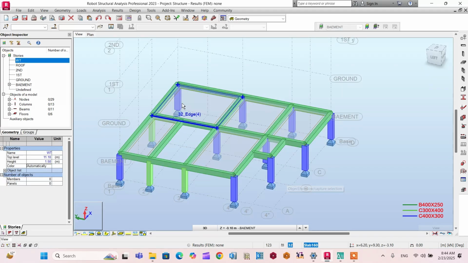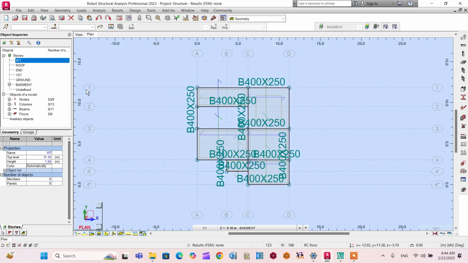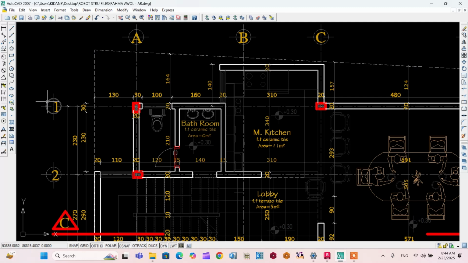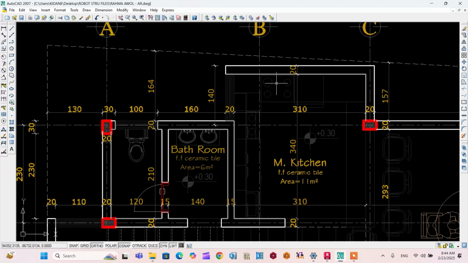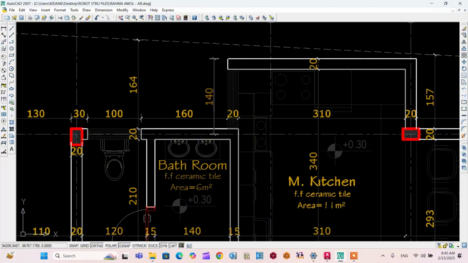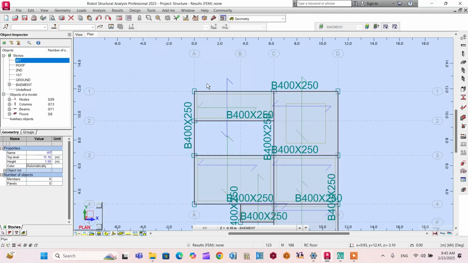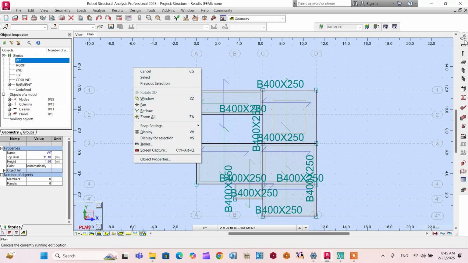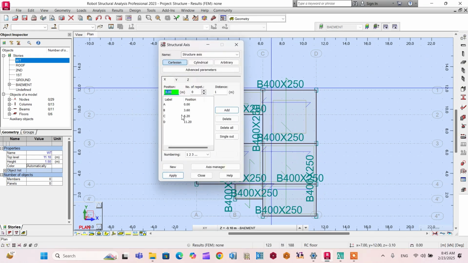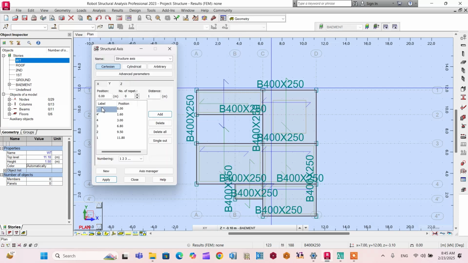So after drawing all the slabs, I have to draw all the cantilevers. Starting from axis 1, I will check the architectural plan. The last edge of the cantilever is 1.4 meter towards the y direction. So go back to the axis definitions. Starting from 0, 0, that is 11.8 plus,